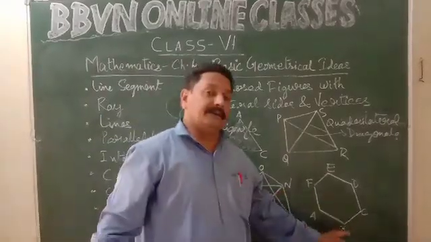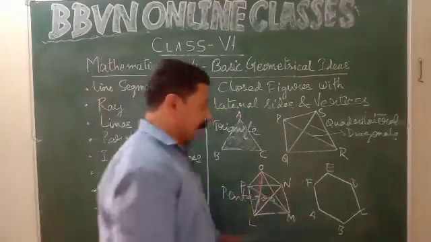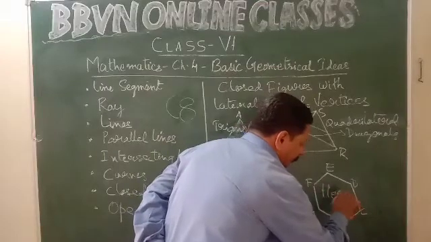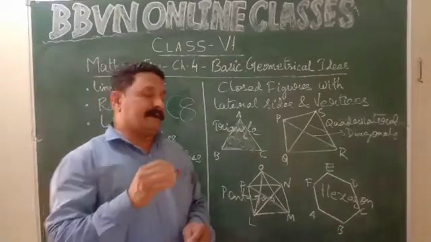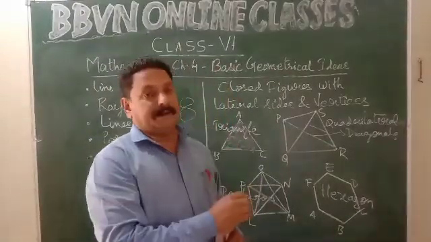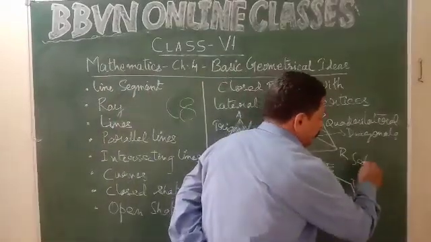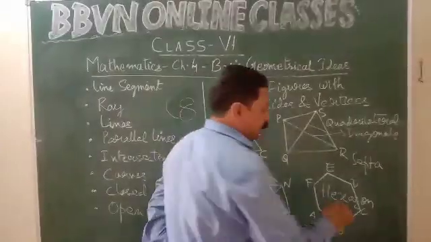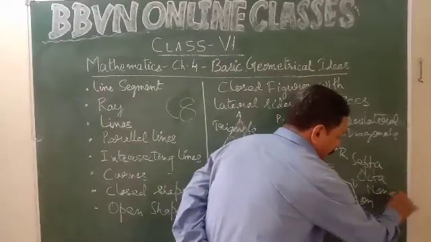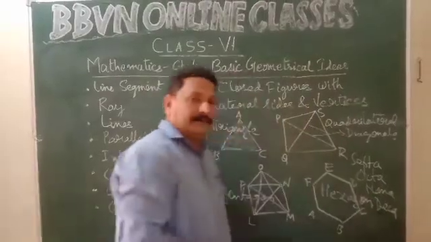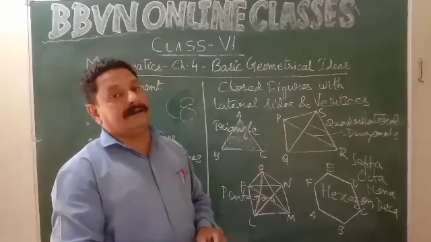Now you have 6 vertices, A, B, C, D, E, F and 6 lateral sides. 6 means hexa. This closed geometrical figure is a hexagon. Okay. So for the assignment, children, make rough sketches of pentagon, hexagon, septagon. 7 sides means septagon, S-E-P-T-A, septa. 8 sides means octa, O-C-T-A. 9 sides means nona. And 10 sides means deca. Okay, you can use this. You can make all these polygons, rough sketches, and you can see how many diagonals are there.